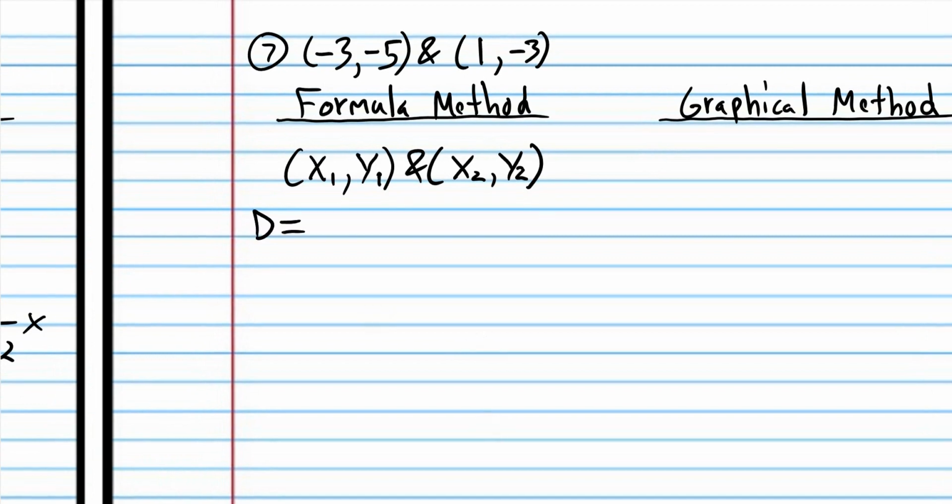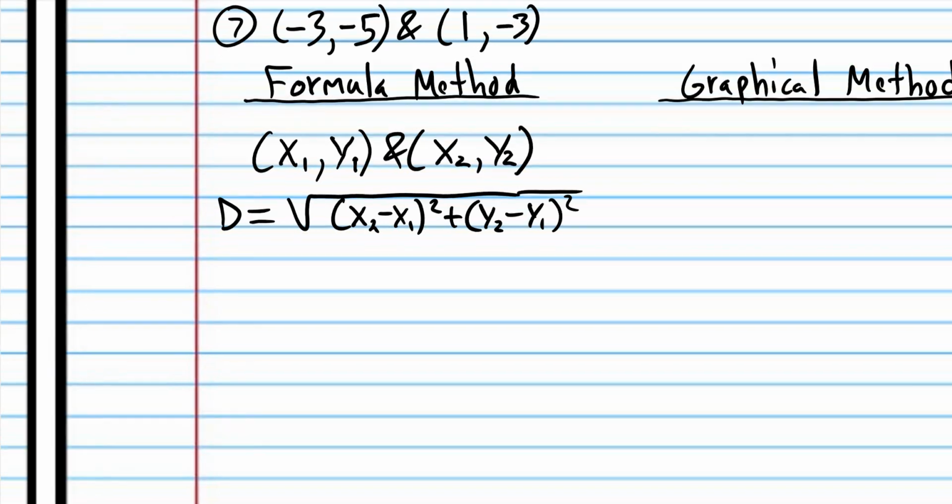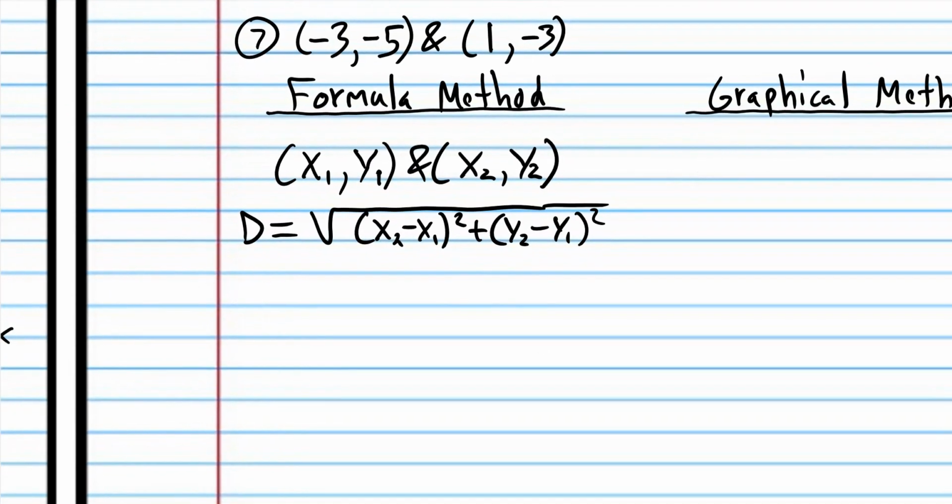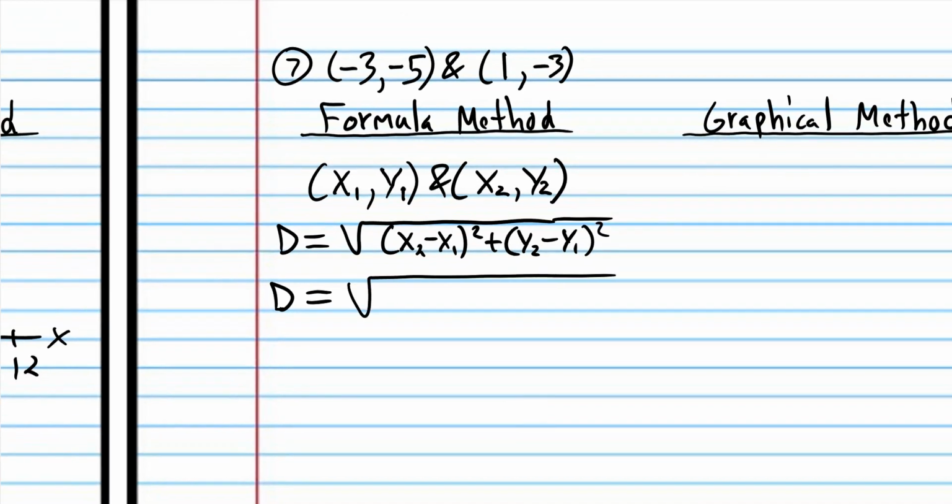So we're going to, as always, write that formula that we're using. And by the way, you don't have to write this distance formula out every single time. I don't want you to get the idea that you have to do that. But I'm definitely going to write it just because I want you to see exactly what we're using. x2 is 1. And x1 is -3, y2 is -3, and y1 is -5. So we have a lot of double negatives here, so you have to be really careful that